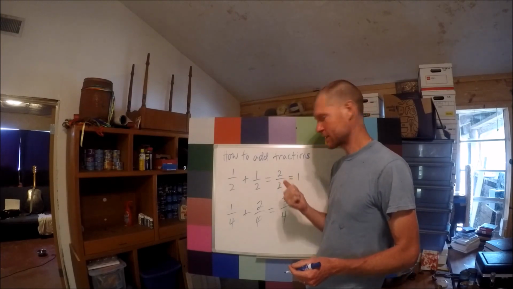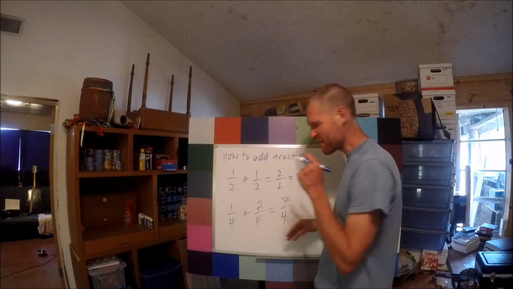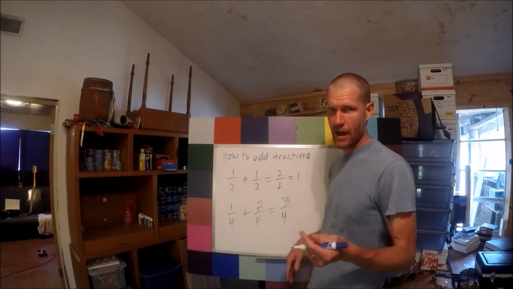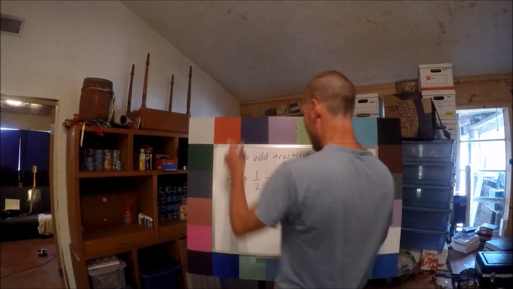So we know how to add fractions, right? Just add the numerators, leave the denominator the same, if you have the same denominator. What if you don't have the same denominator? How do you add fractions